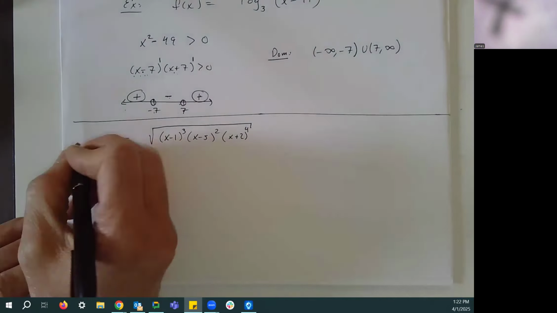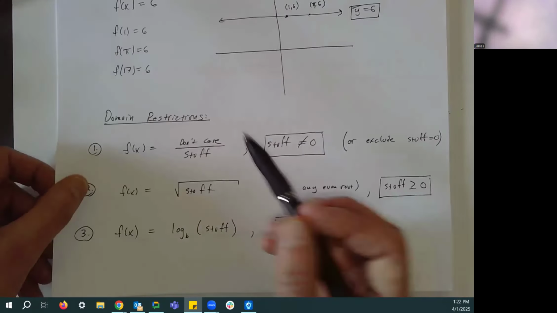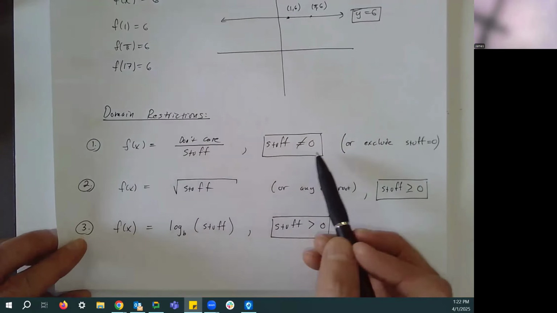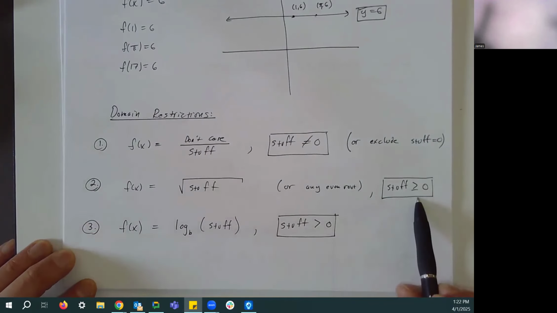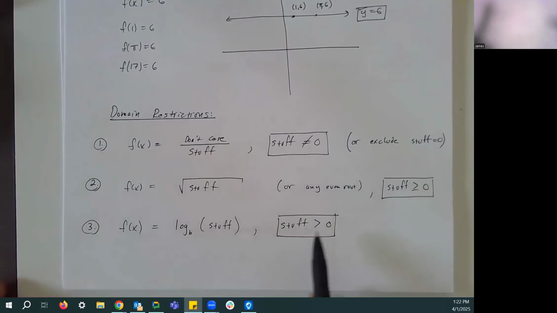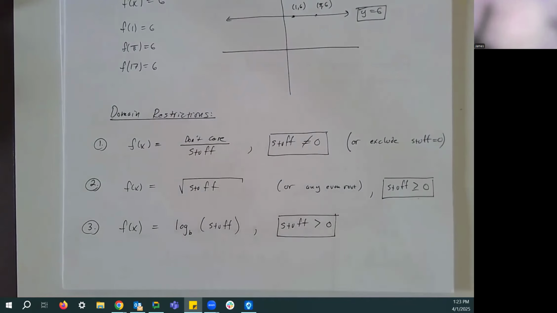Oh, a question. So the rules that you gave us for the restrictions, we use those to determine what we're plugging the function into, like equal to 0 or not equal to 0 versus greater than or equal to. Right. So yeah, back to those rules for domain. So it's really just what we're worried about, right? If you have some sort of quotient, we're going to say the bottom part can't equal 0 because we can't divide by 0. If we have a square root, we're going to say, well, the stuff inside the square root has to be bigger than or equal to 0 because we can't take the square root of a negative number. And although we haven't talked about logs as much, when you have a logarithm of something, we're going to say, oh, that something has to be strictly greater than 0 because we can't take a logarithm of 0 or a negative number.